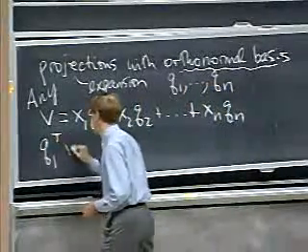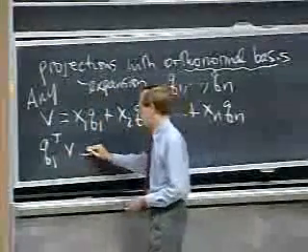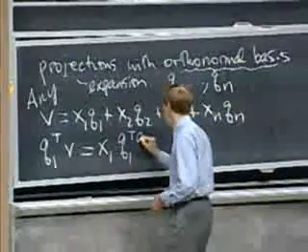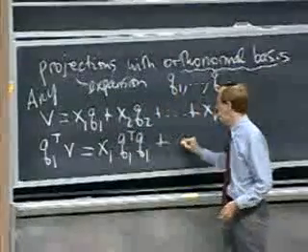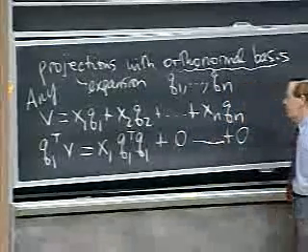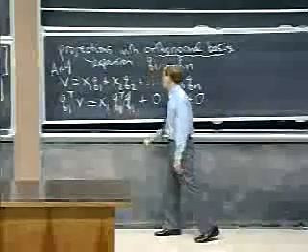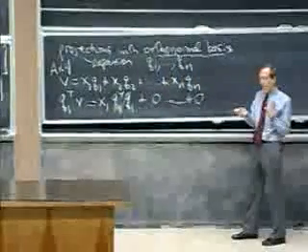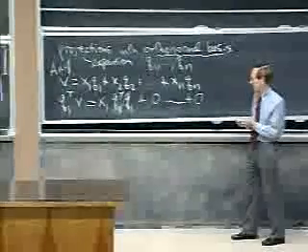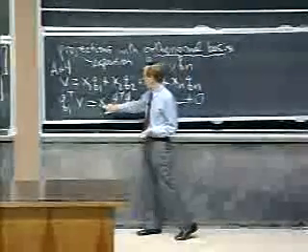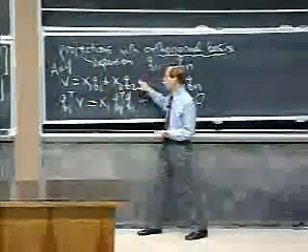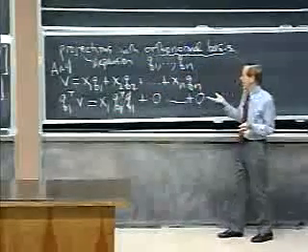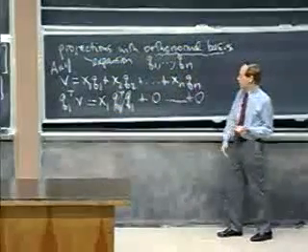q1 transpose v, that's taking the dot product, is x1 times q1 transpose q1 plus a bunch of zeros. And this is a 1, so I can forget that. I get x1 immediately. So do you see what I'm saying? Is that if I have an orthonormal basis, then the coefficient that I need for each basis vector is a cinch to find. Let me just, I have to put this into matrix language too,